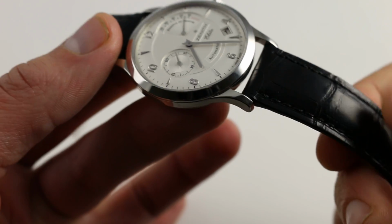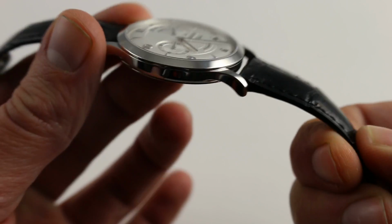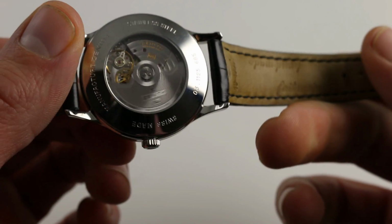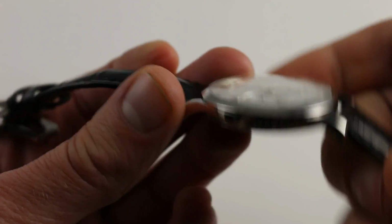Now the strap, likewise very traditional. Rectangular scale alligator leather with a monotone stitch. It's very minimally bolstered, and you can see the taper matches the thickness of the lugs very nicely at the junction with the case. Now on the strap's back, it is a very supple calfskin leather, and it's paired with